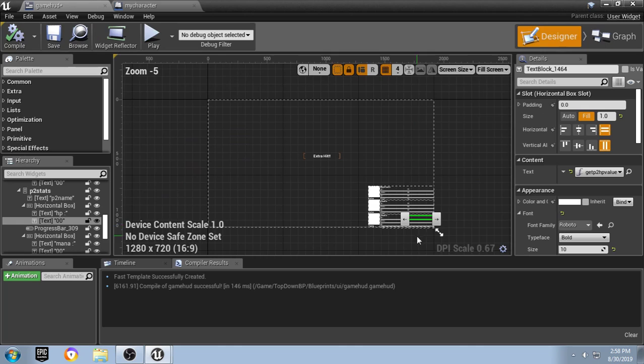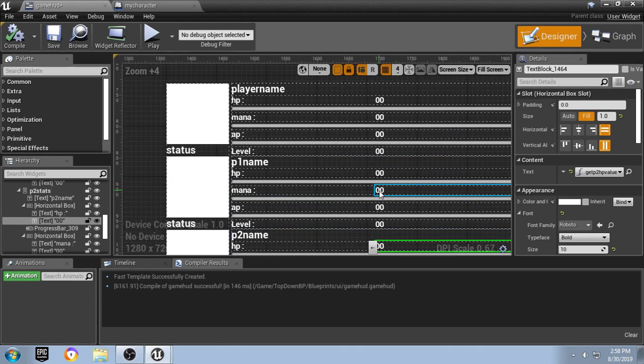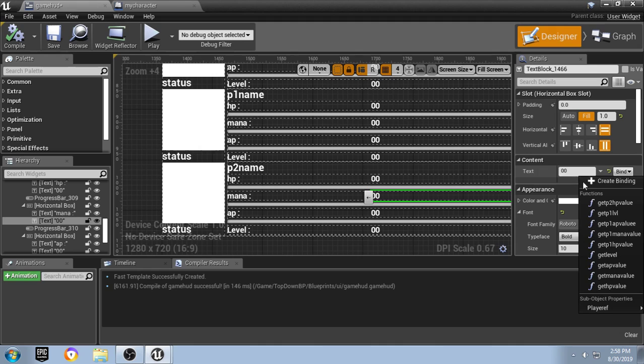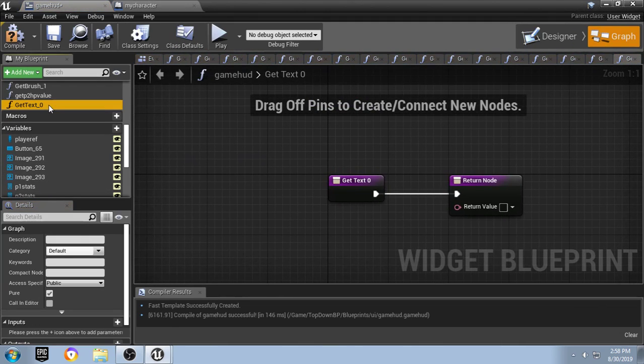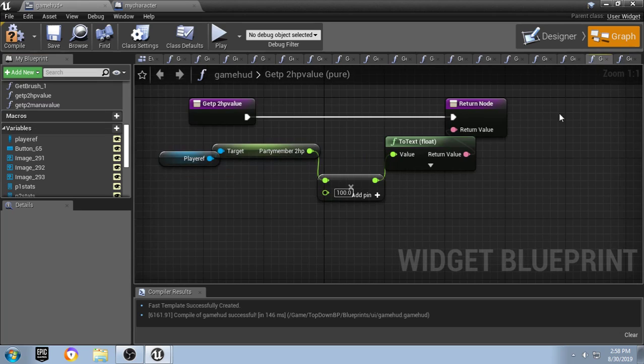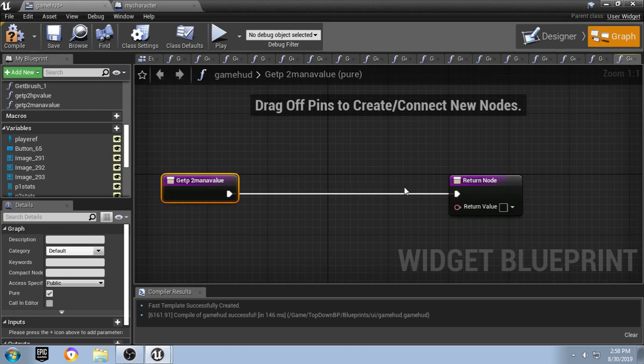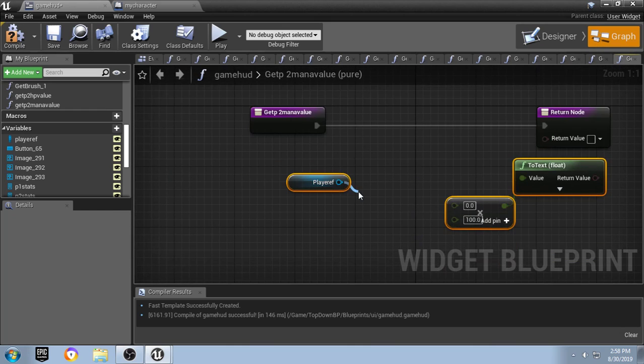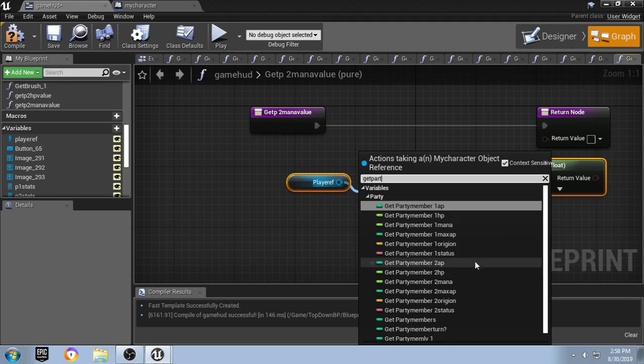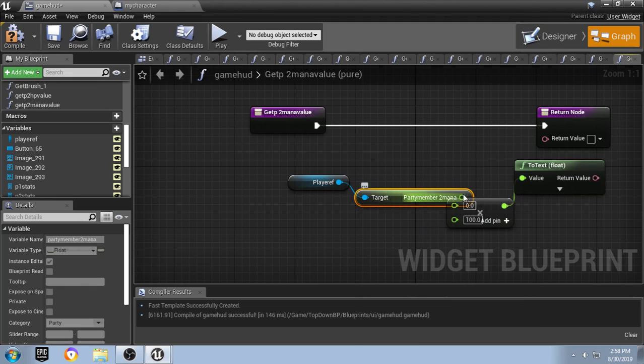Okay, now we're going to do the same for the mana. Create a binding. We'll call it get p2 mana value, and we'll do exactly the same thing pretty much. So I'm just going to copy that and that, and get party member 2's mana and plug that in instead. Okay,